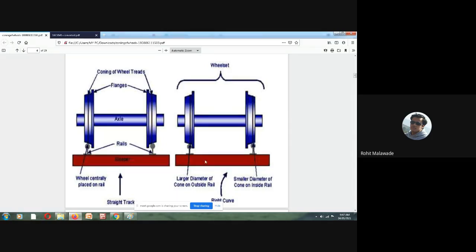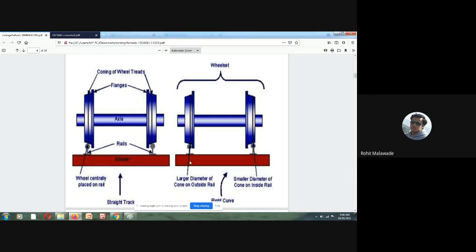Okay. Now, if we don't provide the base plate under the sleepers whenever there is a curve, I think you have seen in the previous class what a base plate is and what its exact work is, right? The edge of the rail is going to get damaged. If we don't provide it, what is going to happen? The edge of the rail, as well as the sleeper, is going to be damaged.